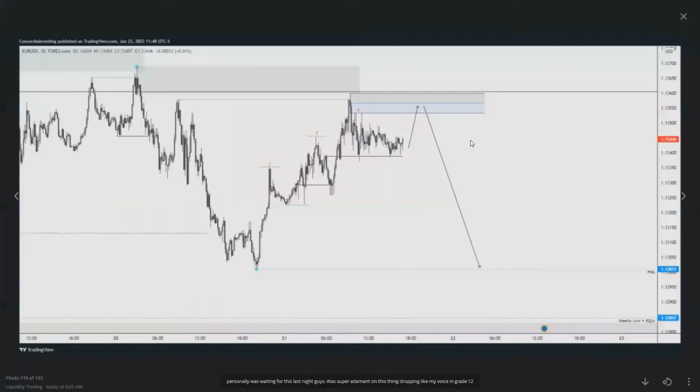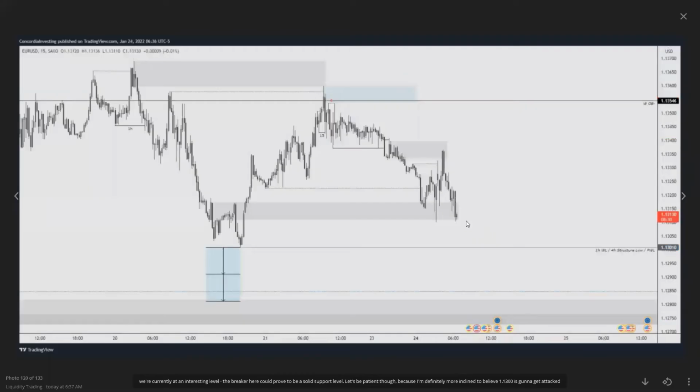This is what I was looking at to start off the previous night. I wanted to come see these previous weekly lows get hit. We had 1, 2, 3 runs up into this POI, and I wanted to see just one last sweep deeper into this level and then go. But I woke up and price just kind of left the station and just kept going down.